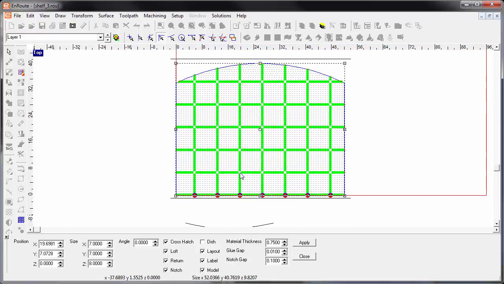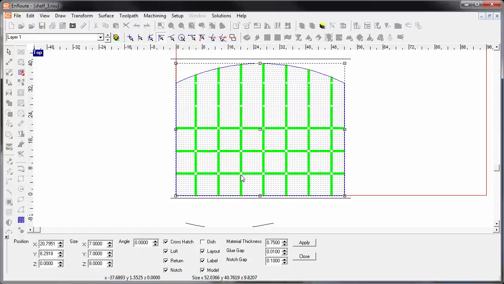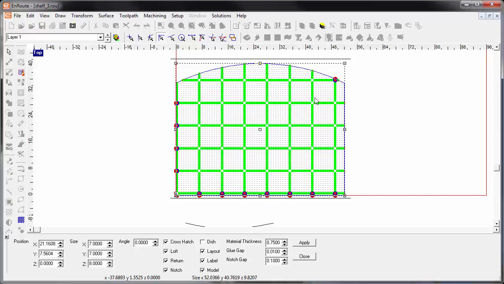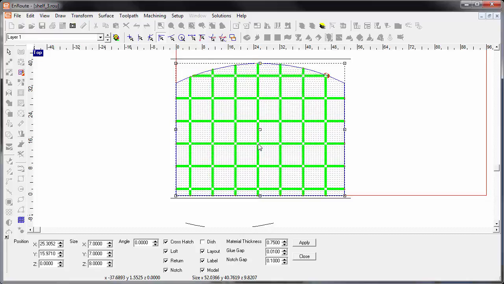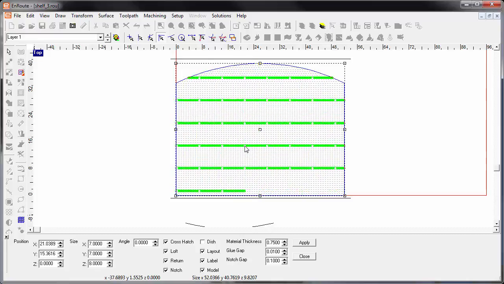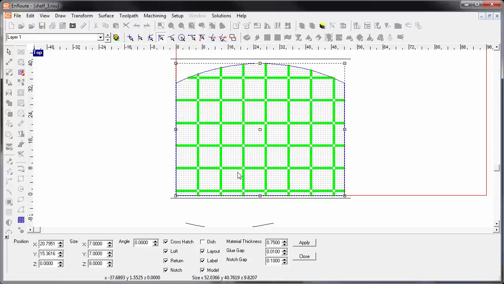One thing you'll notice when I move the grid, that sometimes I get a red node that shows up. This is alerting me to the fact that if I go ahead and create those parts, I've got an awkward joint right near the border there that probably won't be created correctly. So I want to get rid of those and position the parts the way I like them, and when I click apply,